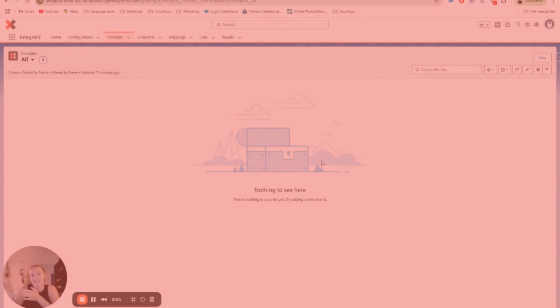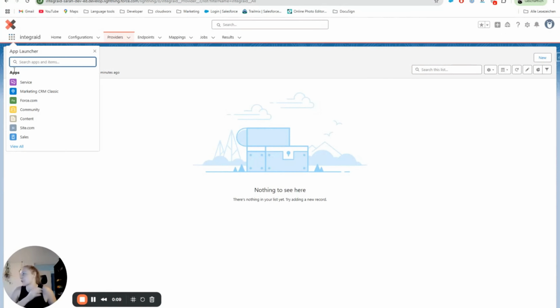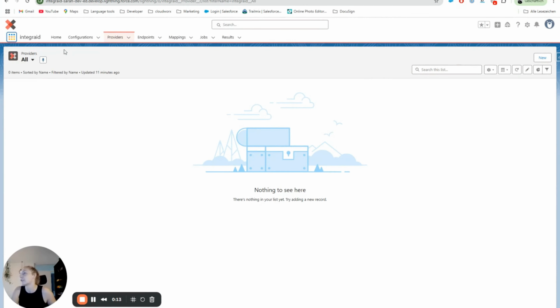So let's jump into Integraid to see how we can actually configure this. If we look into the app, here, as you know, the app launcher, and you can just type in Integraid and you'll land here. So today we're just going to look at the providers, endpoints and mappings, the configuration, the jobs and results. All of the objects with the fields are described in more detail in the Integraid documentation, but